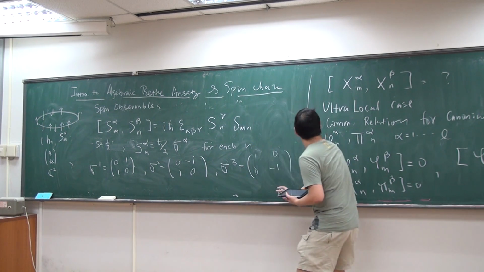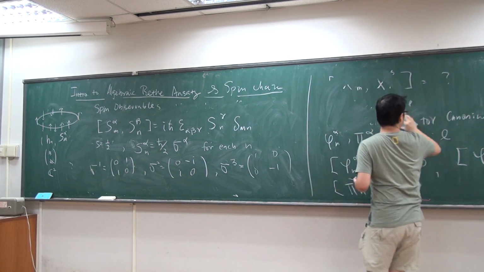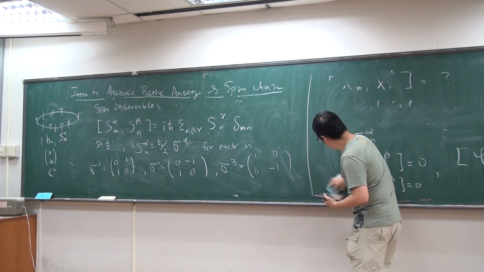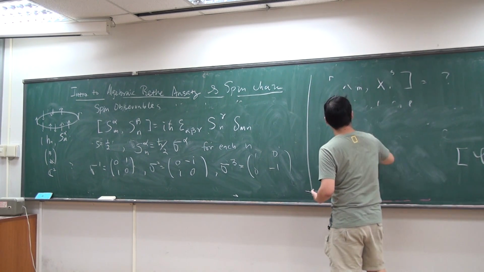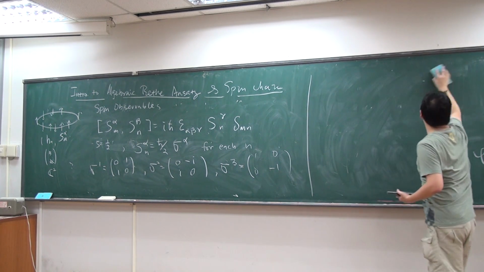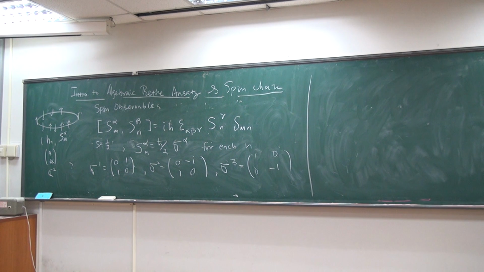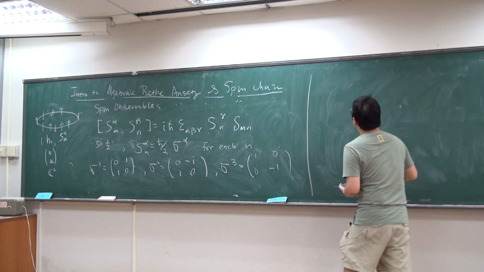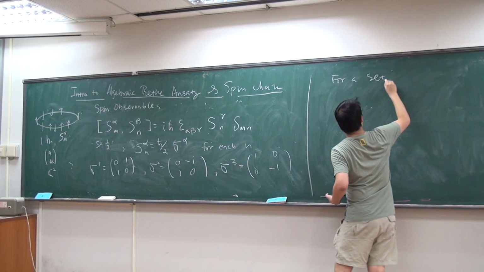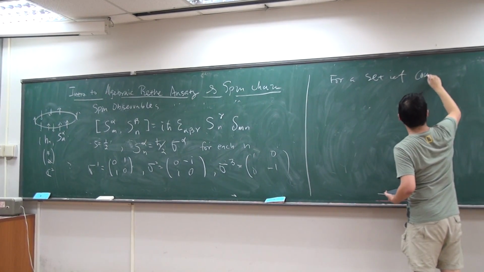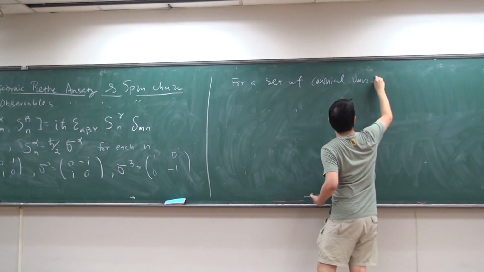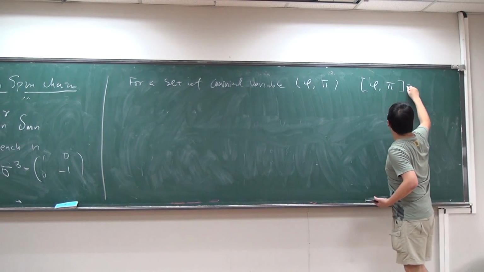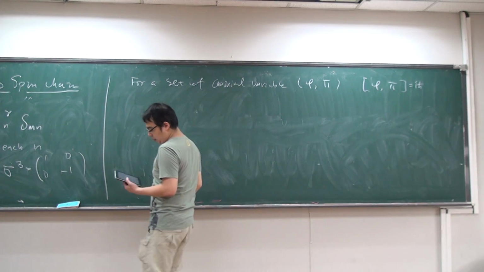What I mean by this is that, for a set of canonical variables, alpha and pi, and so on, we can define